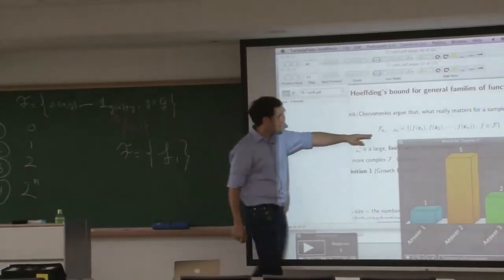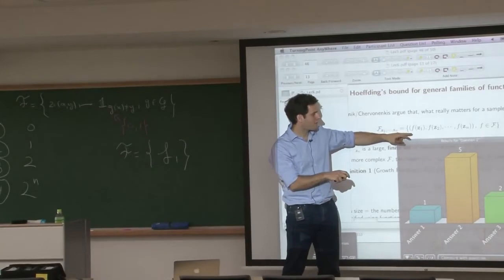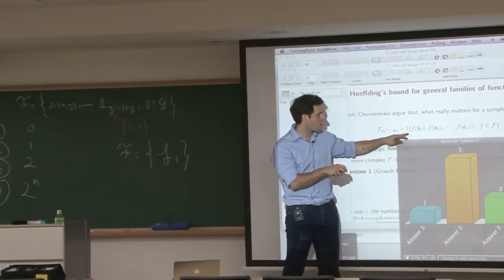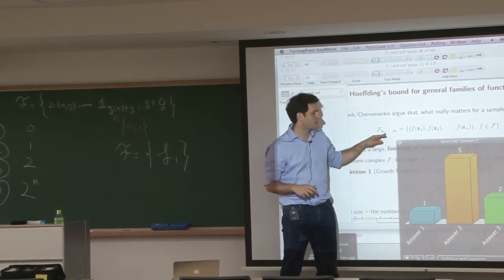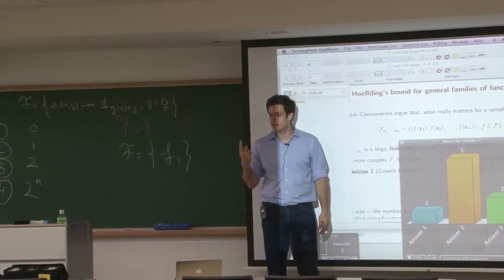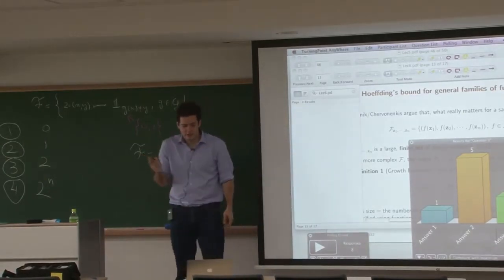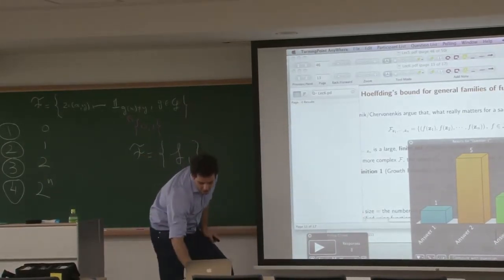Basically, I'm just saying this. If f, this big F, is just one function, this is just one vector. So this big set here is just 1. The size of this big set is just one vector. Okay? Now, if I start adding,